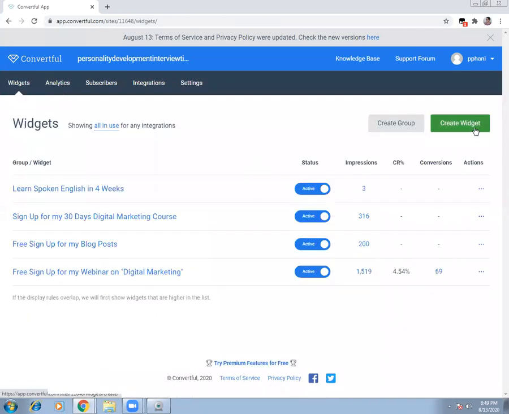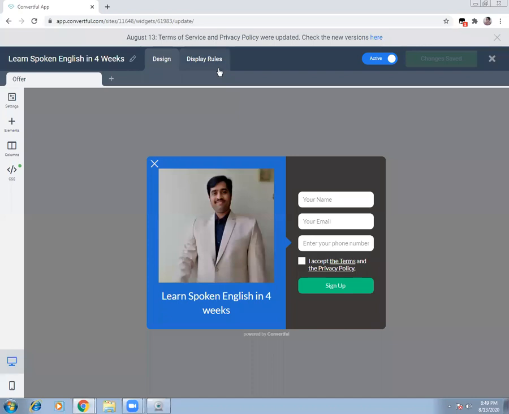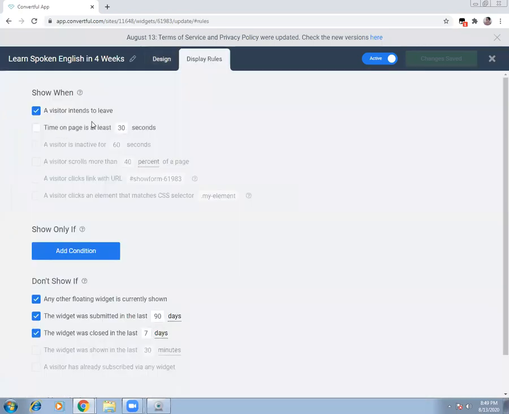And this is how you go to a widget. And here when you say create widget, you have so many options where you can create these widgets. This is what we created yesterday, and we have given the display rules very clearly: if a visitor intends to leave your website, only then show it, irrespective of how much time he spends. And in case a widget was submitted in the last 90 days, then please don't show it to them.